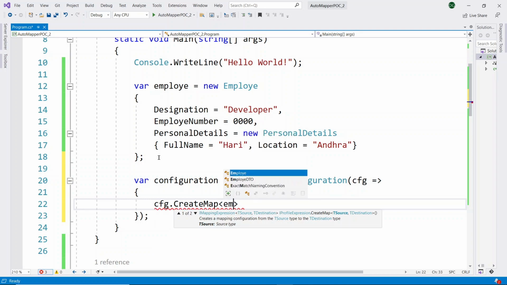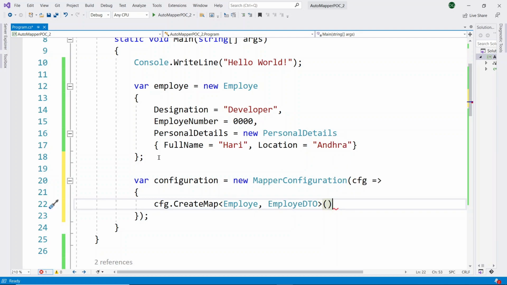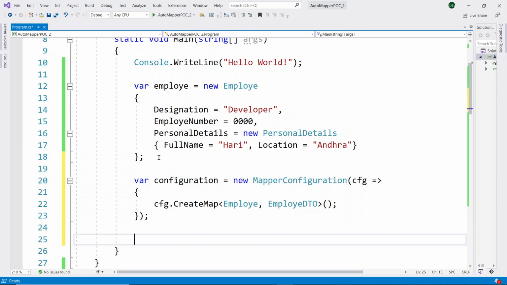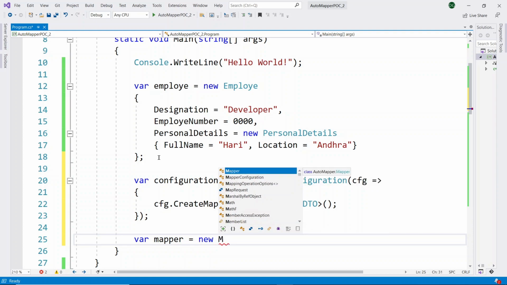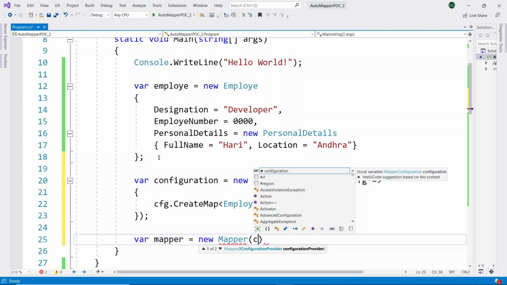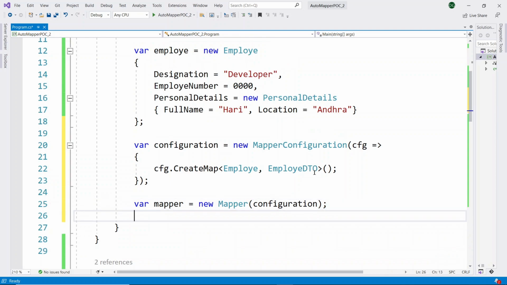Here the source is the Employee class and the destination is the EmployeeDTO class. Then we have to create the instance of AutoMapper. We need to pass the configuration to the AutoMapper constructor.